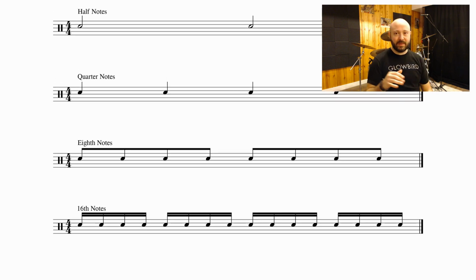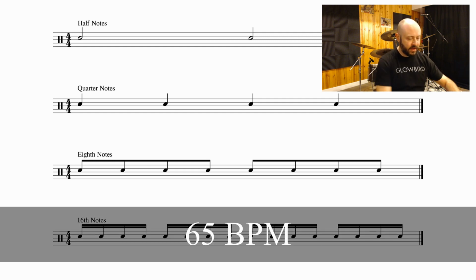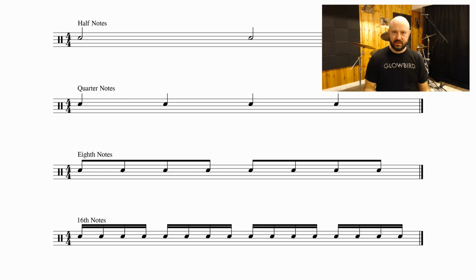So let's start talking about how do we count this? How do we play it? I'm going to grab my metronome. I like to keep it on the floor. And I've got it set to 65 to kind of make this manageable. Now, when we subdivide 16th notes,